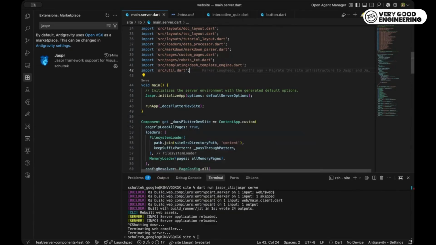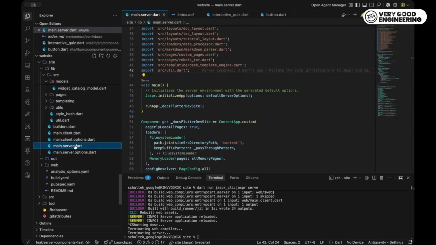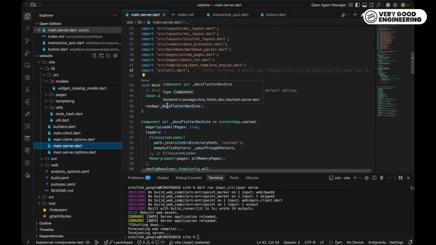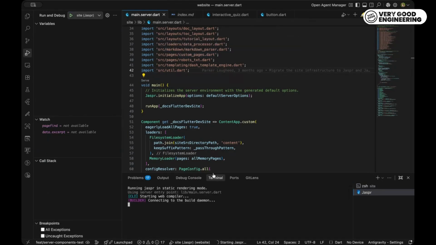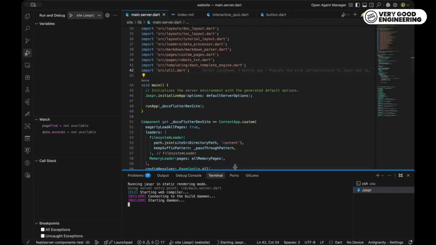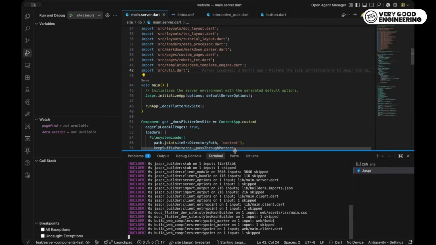But mainly the way it works for debugging a Jasper application with the VS Code extension, either you can click this serve hint here, or you go through the debug panel and run it there, and then it will start the Jasper project.